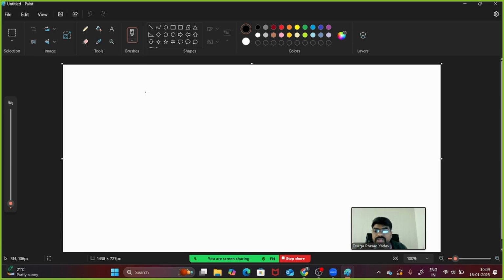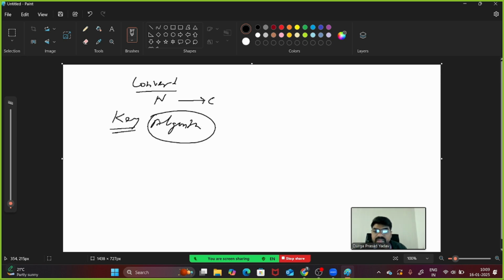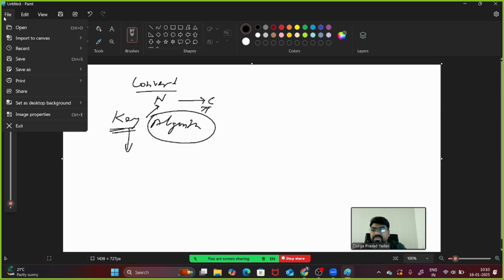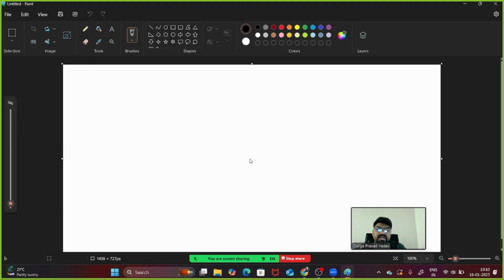And if you need to convert from normal text to cipher text, that time you will use a key. You will be using an algorithm and a key to convert normal text to cipher text. And let's suppose you are using the same key, you need to understand as per the communication.